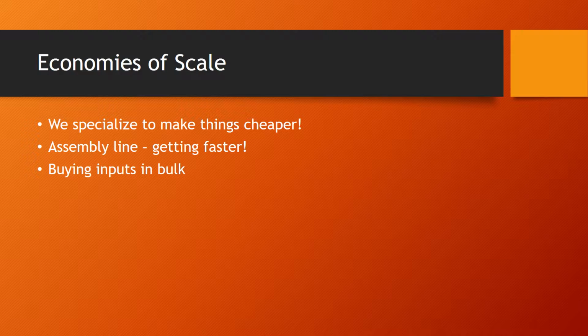This is something that was a huge deal in the 90s. I remember when I was starting work after college, everyone was talking about economies of scale. Basically, what we were doing is specializing so that we could make more things and make them cheaper. So back then, I was running a flour mill. And we switched to an assembly line, so that each person worked in one area.